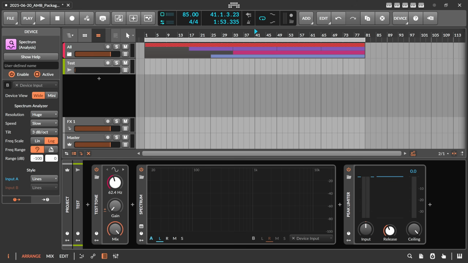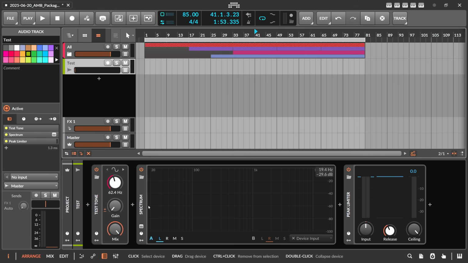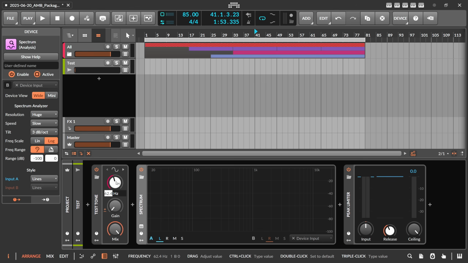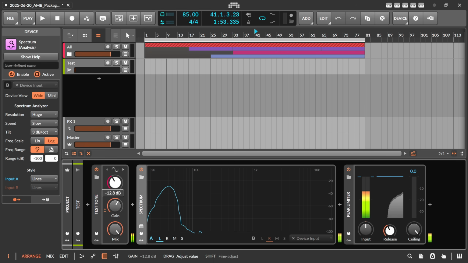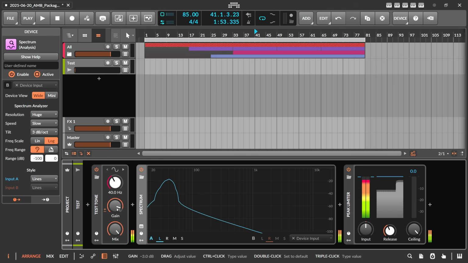So here in Bitwig I have some kind of test channel. We have a test tone here and a spectrum analyzer, and a peak limiter, and we just use more or less the level histogram. Let's say we have a frequency of 40 Hertz, maybe a bass sound. We push up the gain. So let's say we have the bass at minus 3 dB. You can see the level on the histogram, and you can also see the level on the